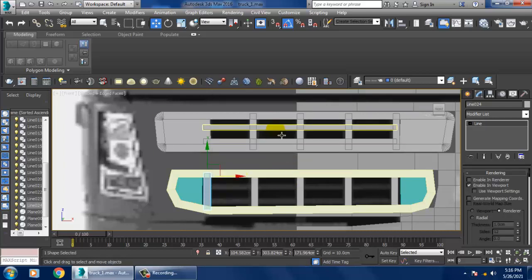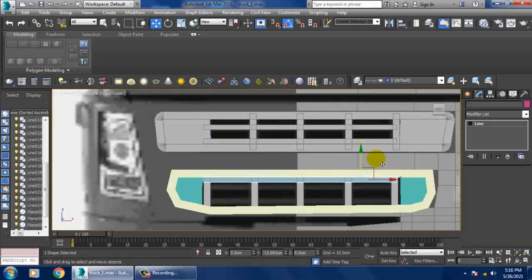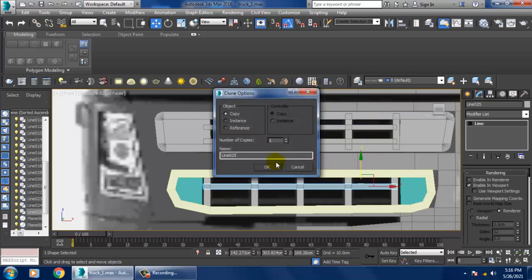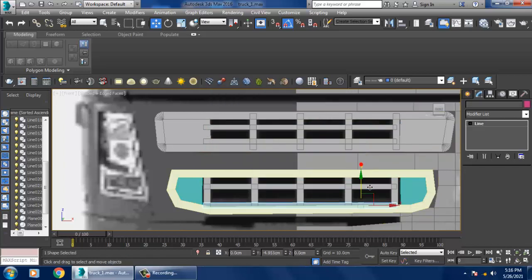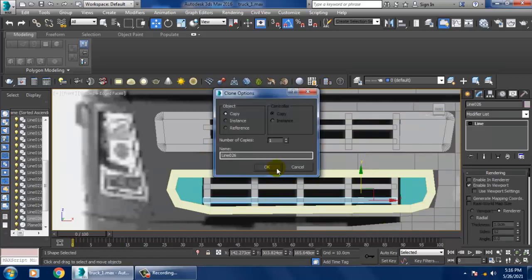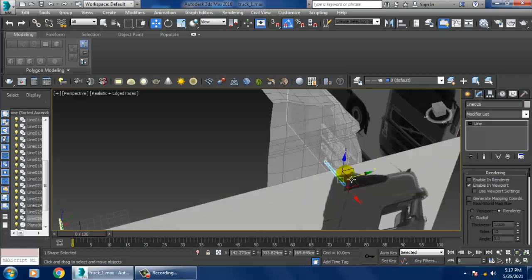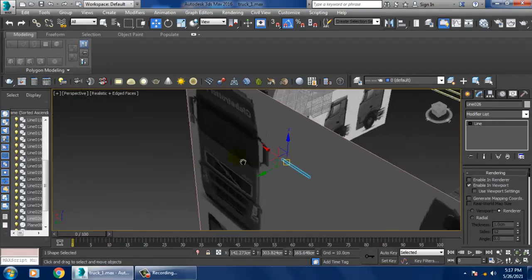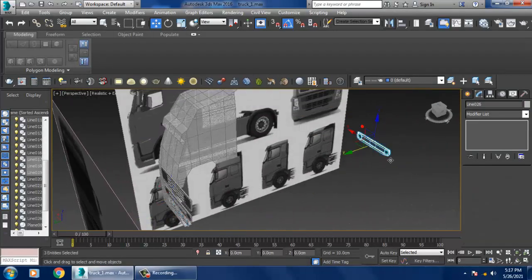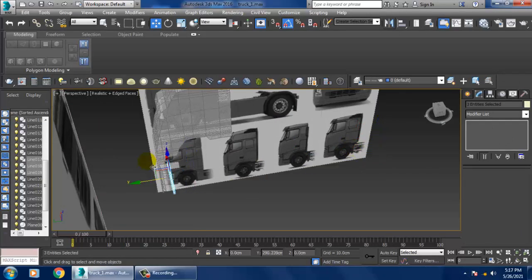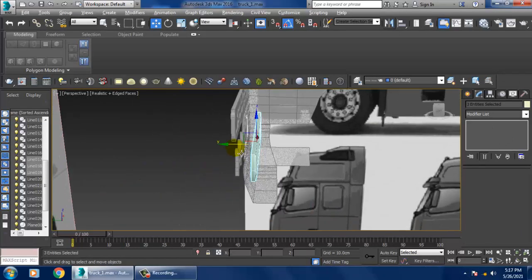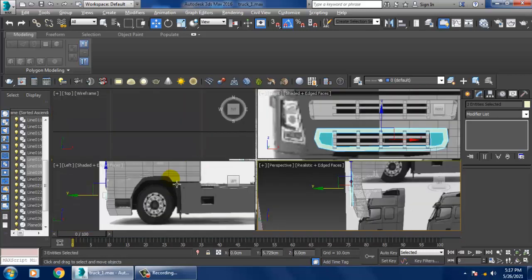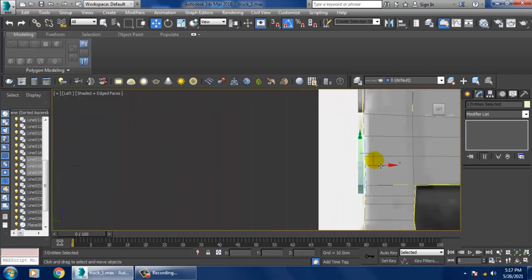The same way I'll again copy this over here and make one more copy of it. So let's select this stuff, go into this view and just adjust.